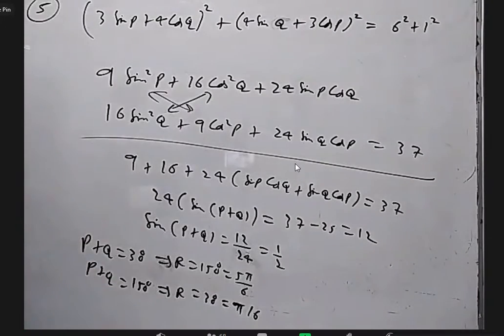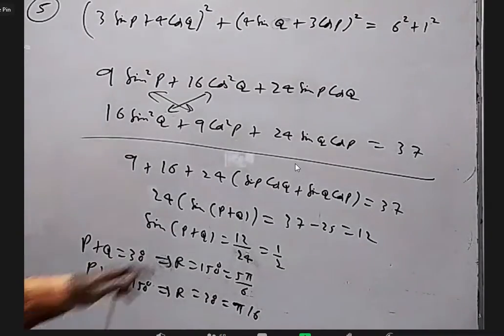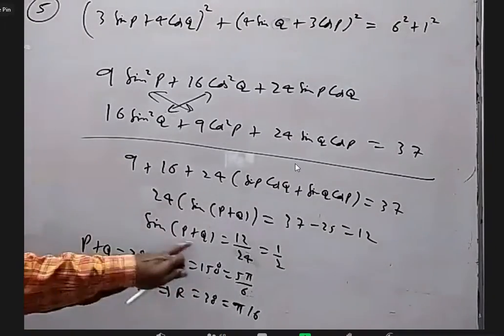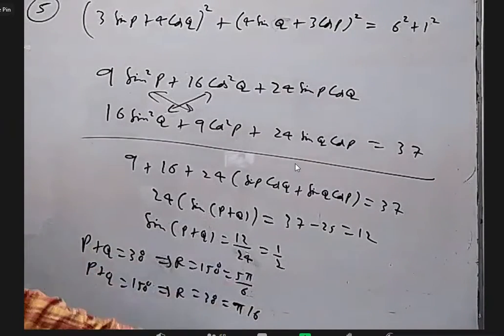Okay, at least you are clear how to get sin p plus q. Of course, somebody can write 180 minus r, you'll get sin r, and sin r is 1 by 2 means again r is 30 or 150. 2 cases will come. Okay, so far everybody clear? Okay, those are completed. Think about how to decide which one.